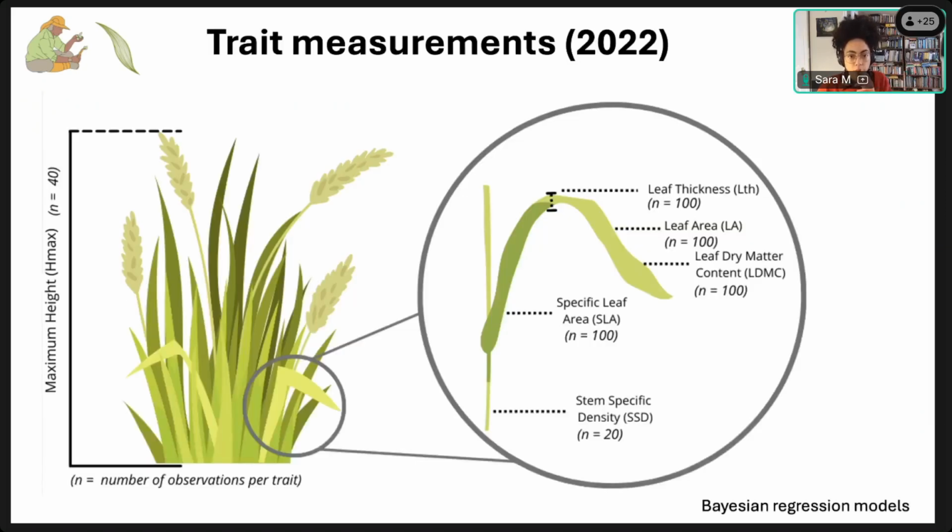And these are the traits that I measured. So I did leaf thickness, leaf area, leaf dry matter content, specific leaf area, stem specific density, and maximum height. And these can give indications into drought responses. So for example, leaf area, you might tend to get smaller leaf sizes with drought. Stem specific density gives you an indication of growth survival trade-off, and maximum height gives you an indication of competitive vigor and reproductive size. And with drought, they tend to get smaller stature.